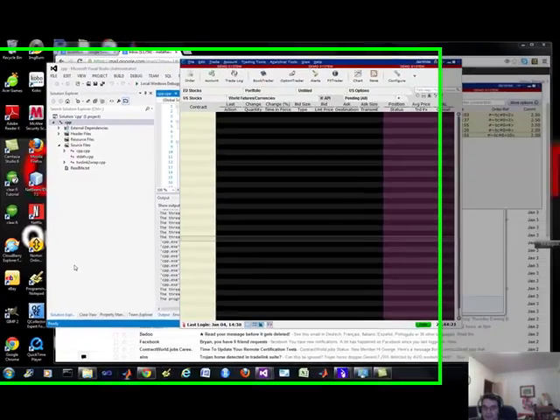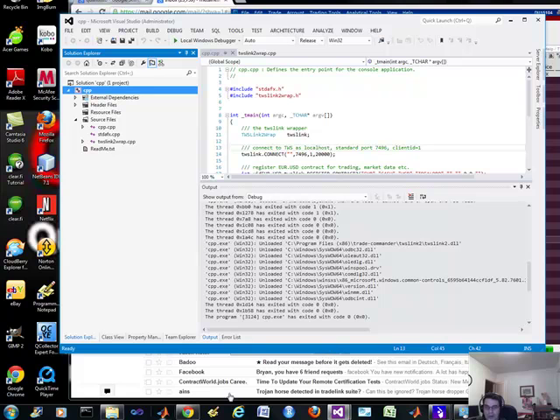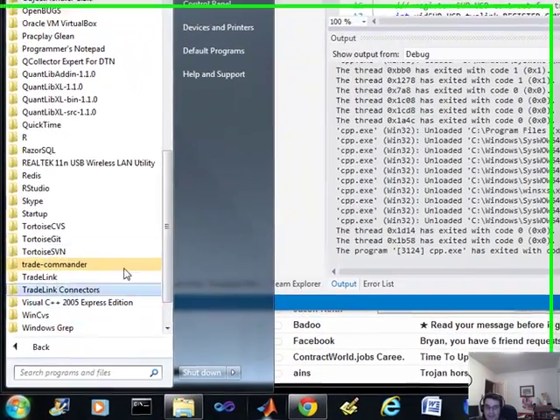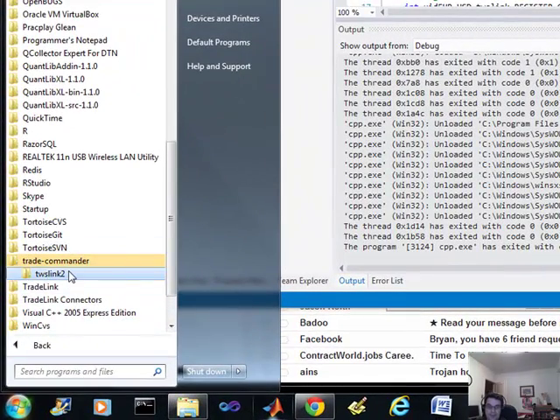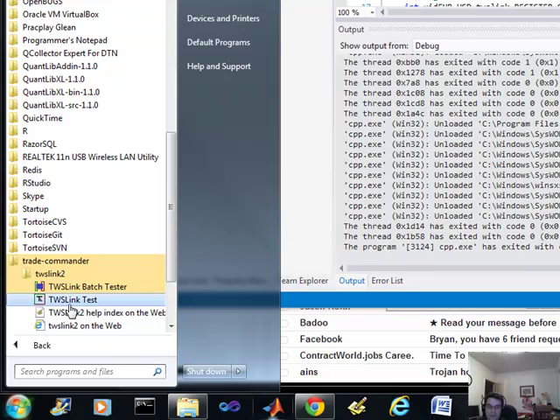Continuing where we left off in the Visual Studio, there's something I want people to be aware of under this TWSLink product. There's a license manager right here called TWSLink test. I'm not going to run it, but what you need to do is activate the license, and you can probably demo it for a period of time. But because I've got some personal data in there that I don't want you guys on YouTube to see, just run that, and hopefully you'll get the working